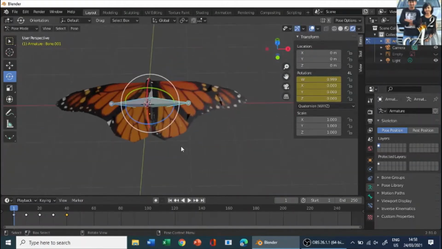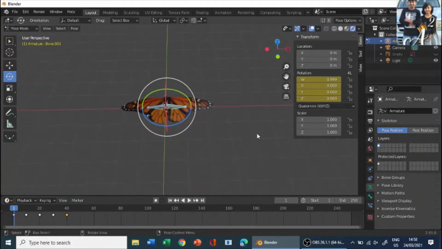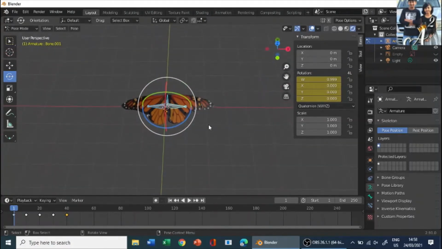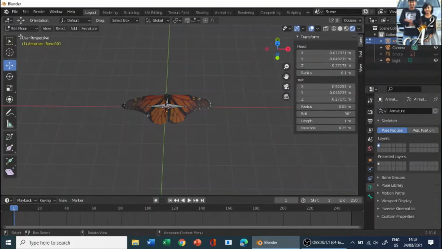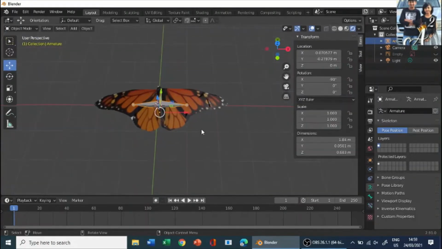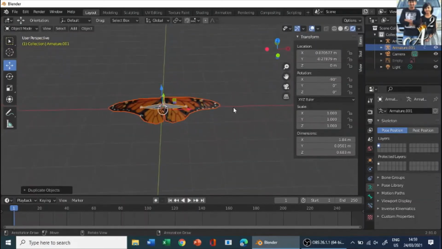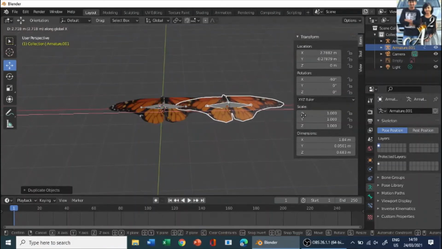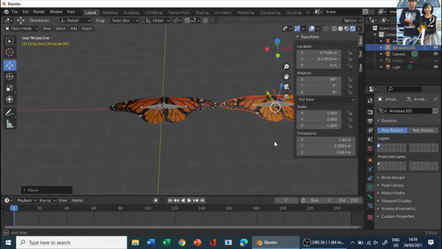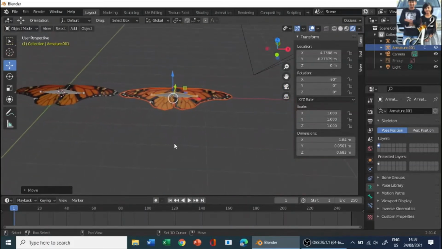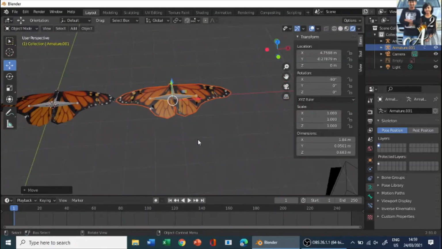Okay. So first, just duplicate this object right here. Control Shift D to duplicate. Wait, let's go to object mode. Clicking edit mode, no, object mode. And now select both of these, click Shift D and left click to confirm, G on the X axis and move it a bit to that side. And we're gonna animate it at a slightly different speed, so that when the butterflies are moving, we don't need them both to flap the wings at the same time. We need to show some variation, right?